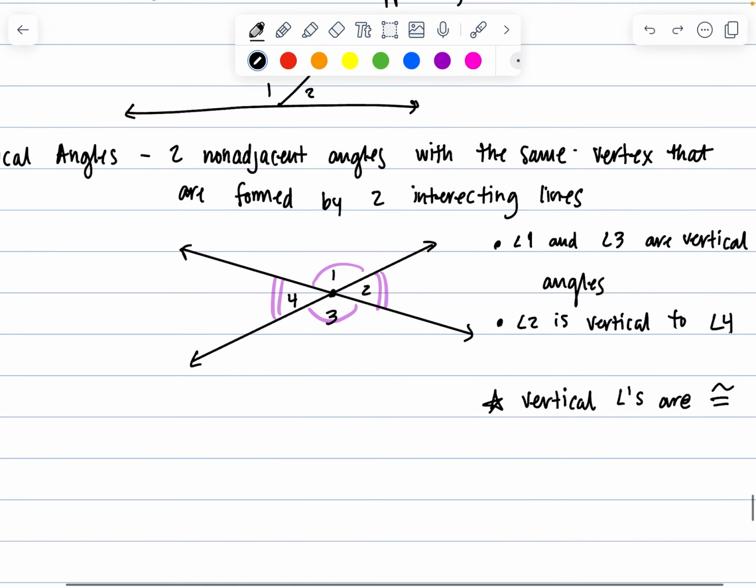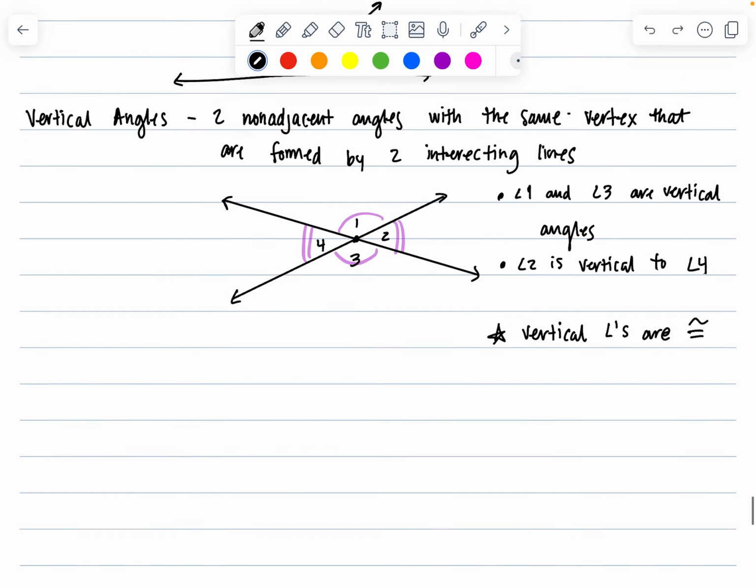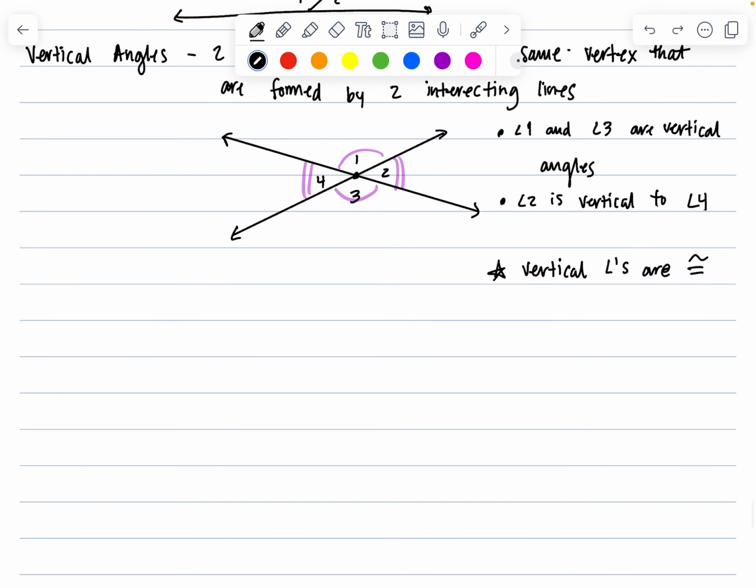3 more definitions. Let's see how fast we can get through these. Whew, we're flying through this. We have something called an altitude. An altitude is a segment drawn from the vertex of a triangle